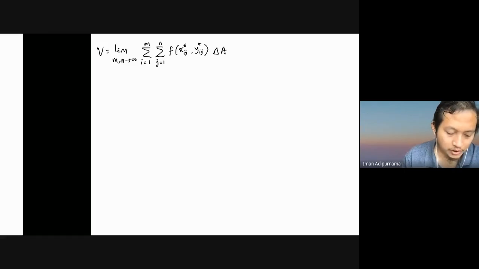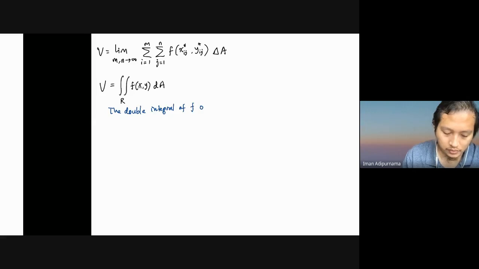And this will be the definition of the double integral. Because it has two summations, you will have two integrations like that, over R with the coordinates and then dA. So this will be the double integral